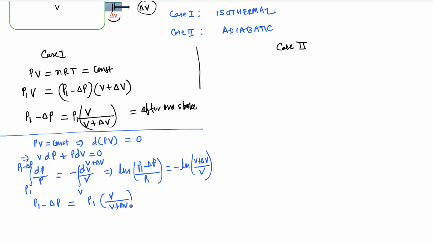So we get the same expression here too, but this might be handy in cases where this is not so simple. If there is an equation given for P and V, you can't simply use this one; you have to use the integration. So just to show you how to deal with some of the complex scenarios as well.